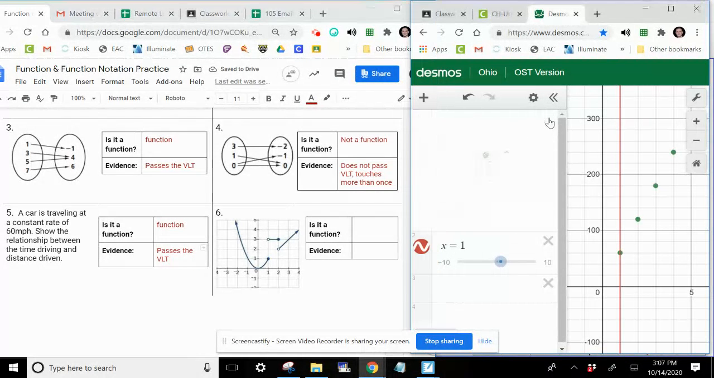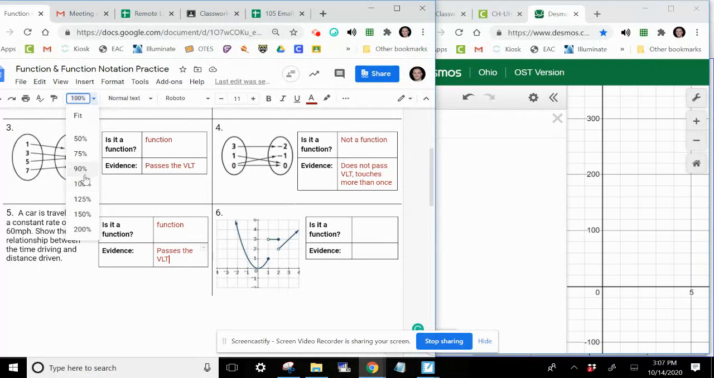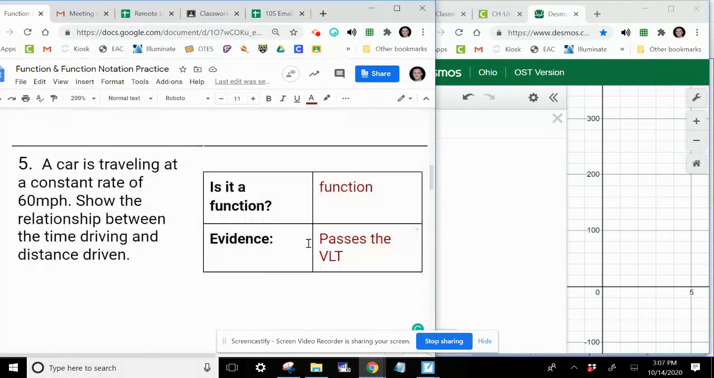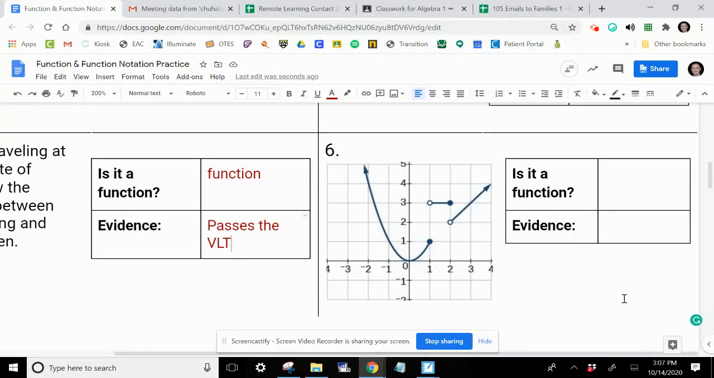And then problem 6. Right, problem 6, we have this little graph here. Let's just zoom in on this. All right, and here it is. Okay, and what we have here, I see some open holes, and according to our notes, if we were to take a line and run it across, it wouldn't touch more than once. It would appear to touch more than once,